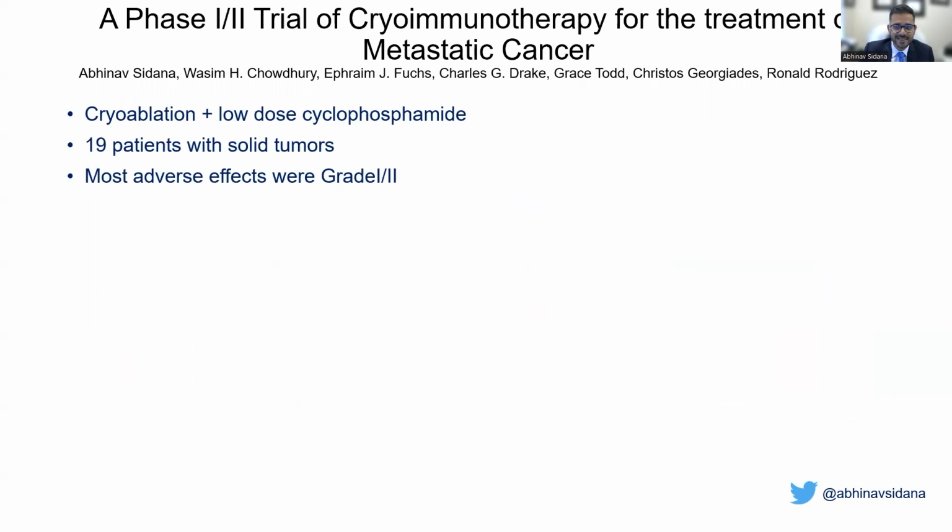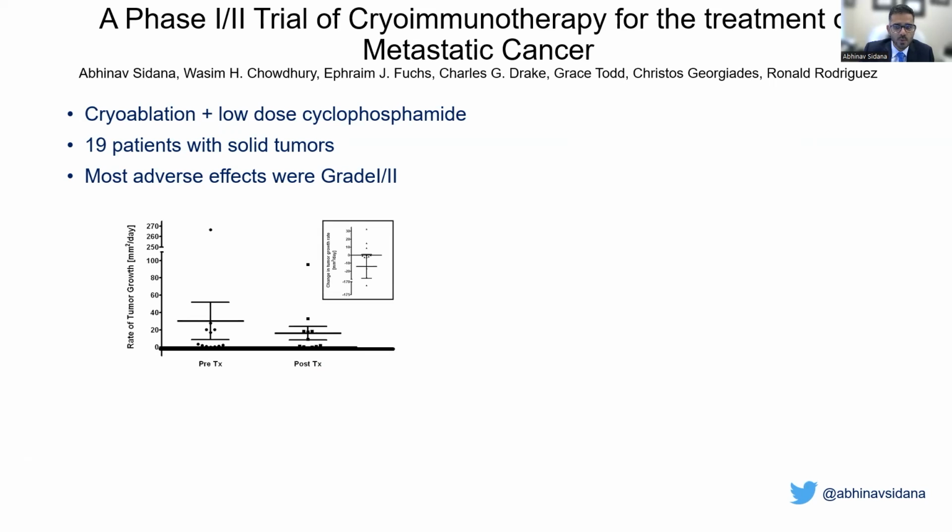Using this and other similar animal studies as our background, we initiated a trial of cryoimmunotherapy for the treatment of metastatic cancer. We kept the same regimen as we used in our mice studies. These patients had cryoablation of one easily accessible tumor focus along with low-dose cyclophosphamide. Most patients had urologic cancers and had already failed 1 or more lines of therapy. While there was no clinically significant response in absolute tumor burden in these patients, the combination treatment decreased the rate of growth of metastatic tumor burden after cryoablation.